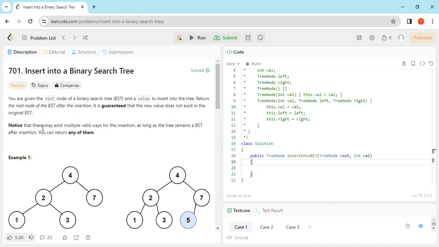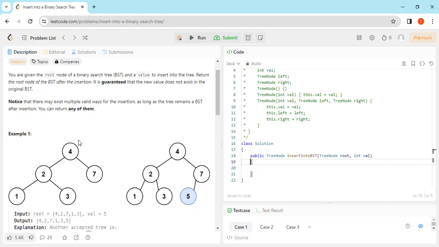Notice that there may exist multiple valid ways for the insertion. As long as the tree remains a BST after insertion, you can return any of them. So here they have given an example of a binary search tree as 4, 2, 7, 1, 3. So that is one rule which has to be followed in a binary search tree, that the left subtree should always